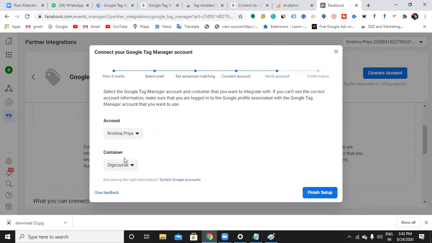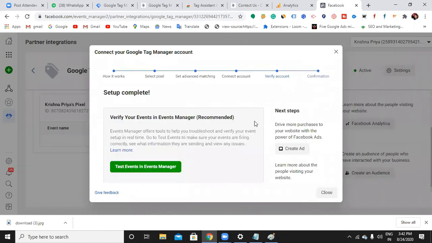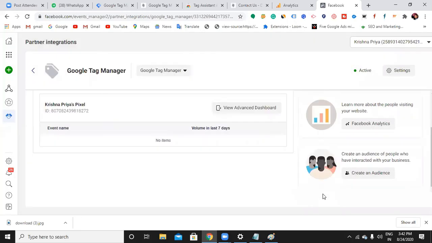Can you see account Krishna Priya and container easy codes? That's our account name and it's the website which we give. Finish setup. Setup complete. So we are done with Google Tag Manager connected with the Facebook pixel. So very simple now. You don't need to paste the code here and there.